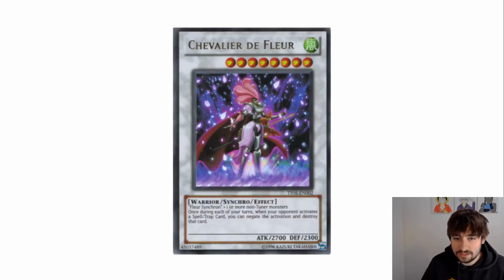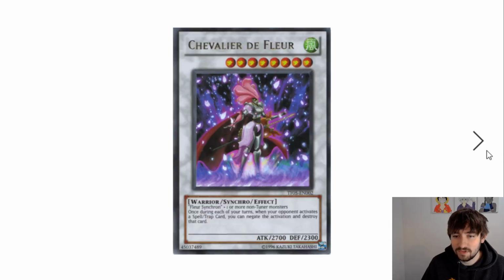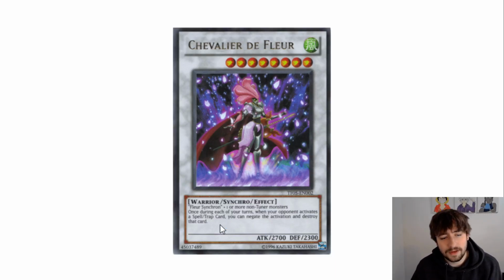But still, this is the only Wind card, which is also hilarious because this is a Wind deck, and this is the only Wind monster. Whatever. This card's interesting. It's not terrible, but it's not great. During each of your turns, if your opponent activates a Spell or Trap card, you can negate and destroy that card. So it kind of just gives you protection on your turn from Spell and Trap effects, which is fine,